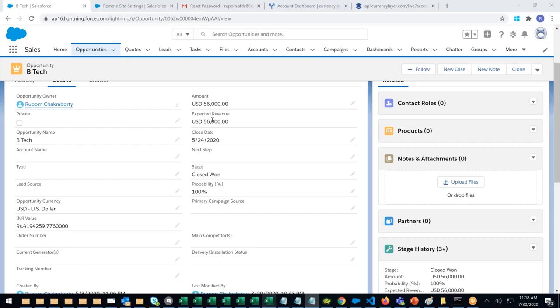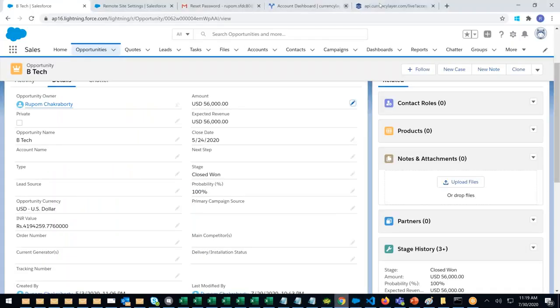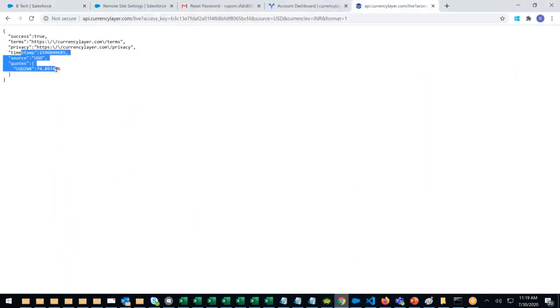You can put a drop down asking whether INR or something else. Then if somebody selects INR, I want it to multiply with the INR value. Same integration concept: if selection equals INR, then multiply with this amount. We got how to get multiple information. How can I get multiple currencies? Go ahead, check the dashboard. It's giving USD. I told you, no? While creating an opportunity,